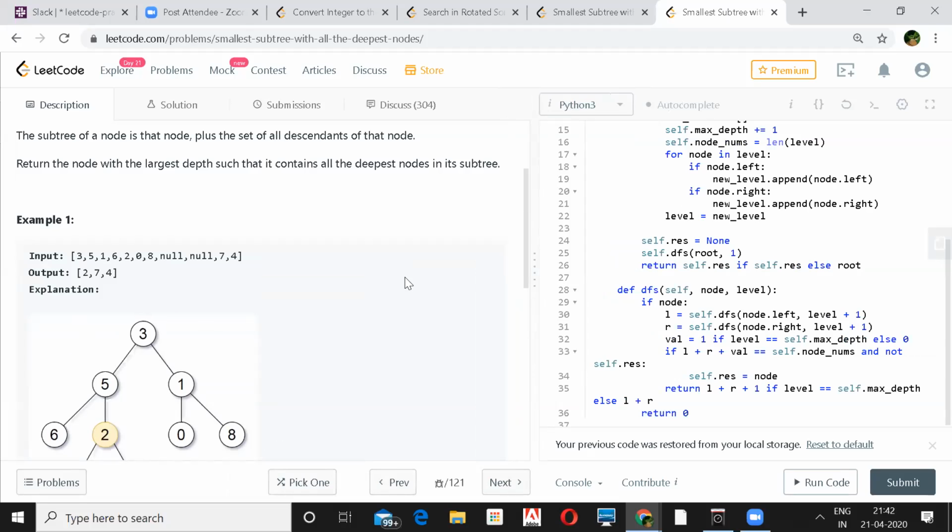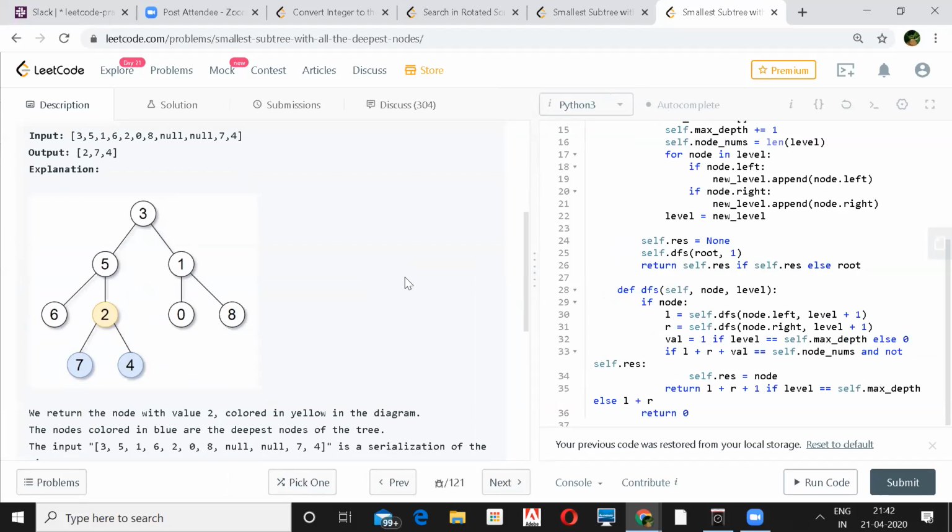So what I was thinking here was to compute the depth of the subtree for each node. At nodes 7 and 4, the depth of the subtree would be 0, 0. At node 2, the depth of the subtree will be 1. For node 6, the depth of the subtree would be 0. And likewise, compute for all the nodes.